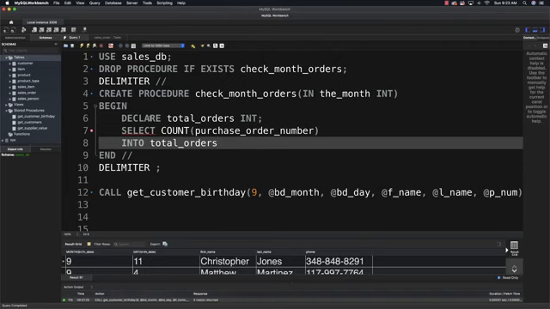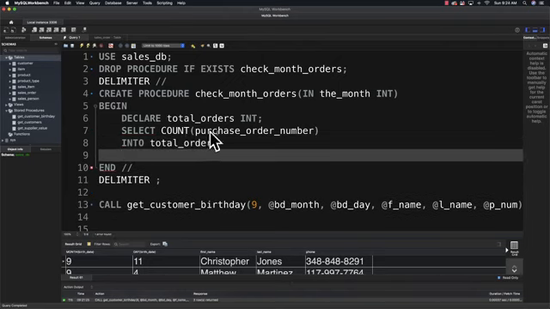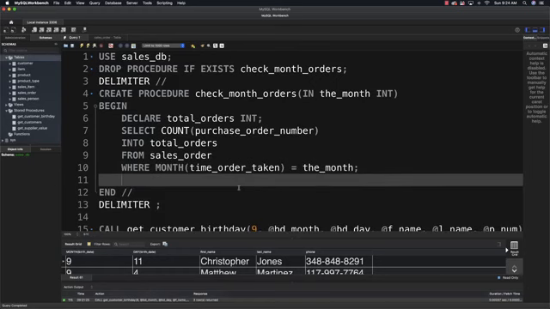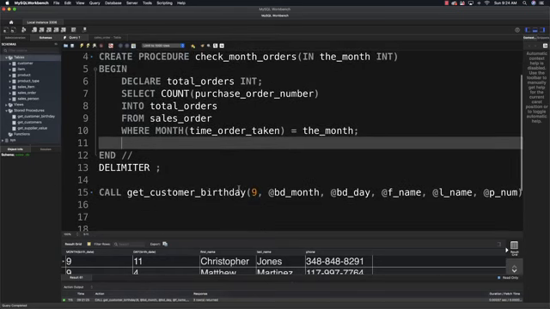So that's where that's going to go, the value that is returned whenever we call count on purchase orders numbers. And then we'll say from sales order where month, time order taken, equal to the month that the user passed in. Now what we're going to do is use if, else, and else if statements to